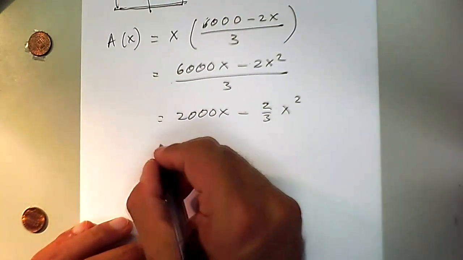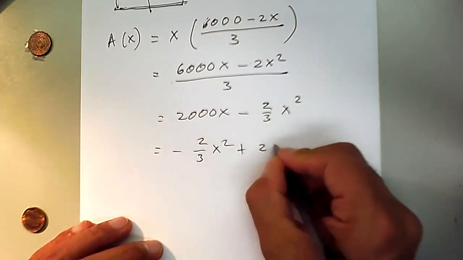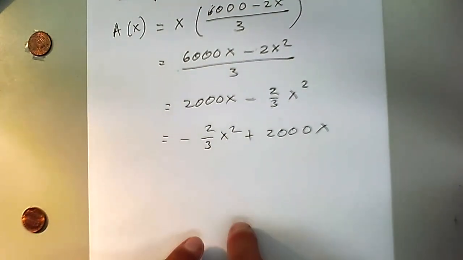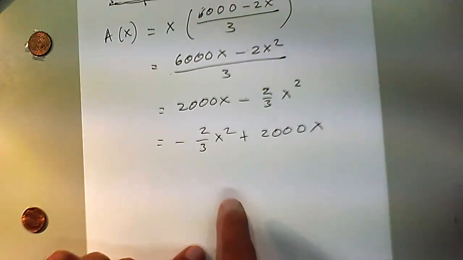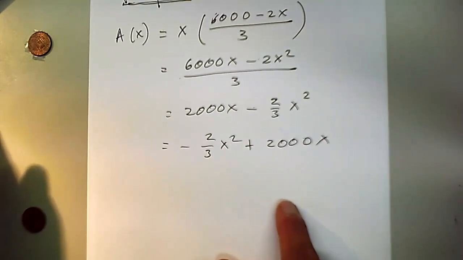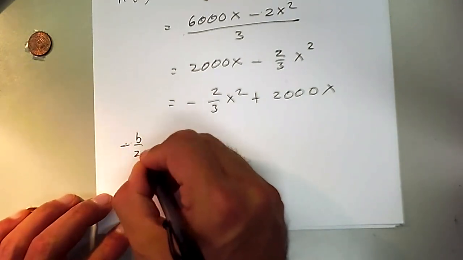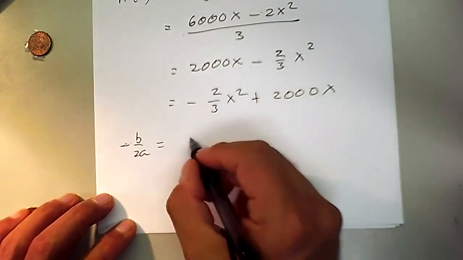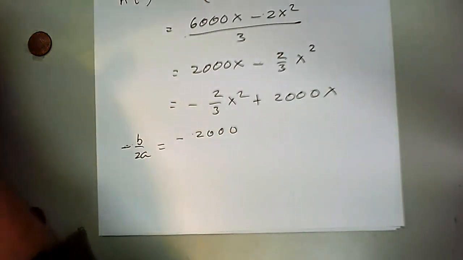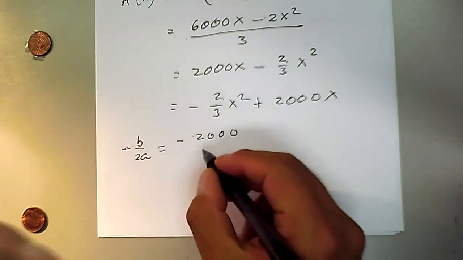But anyway, let's rewrite this as negative 2 over 3 x squared plus 2,000x, and we want to find the vertex because that is the place where we have the maximum. The parabola is not the same, by the way. This is not the same parabola as the one we just did. And let me finish this up. Negative b over 2a will be negative 2,000. And you're thinking, boy, that's not what we got. We got negative 3,000 here. You know, so it doesn't seem to be consistent,